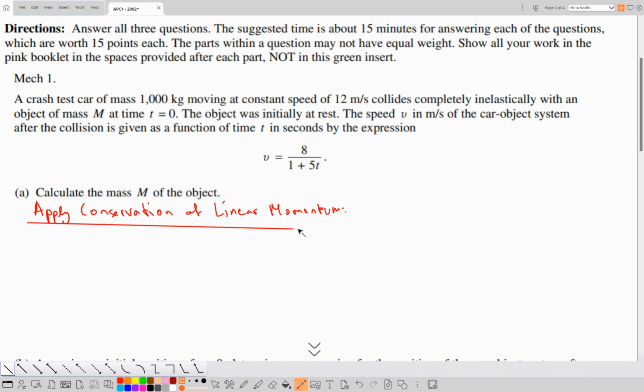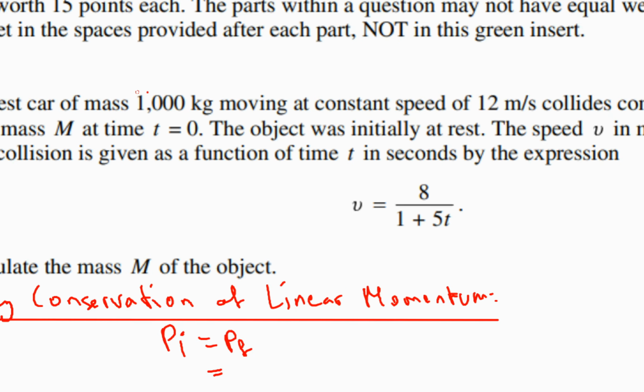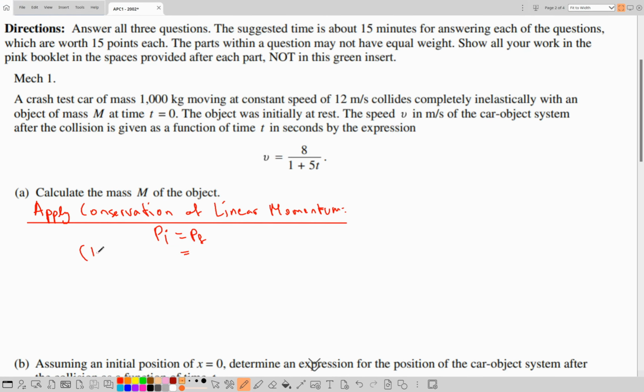Now, what does the conservation of linear momentum state? It states that P initial should be equal to P final. Initially, before collision, what momentum do we have? We have the momentum due to the car, which is 1000 kilograms multiplied by 12. And after collision,